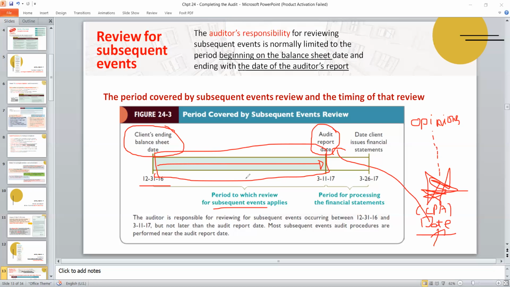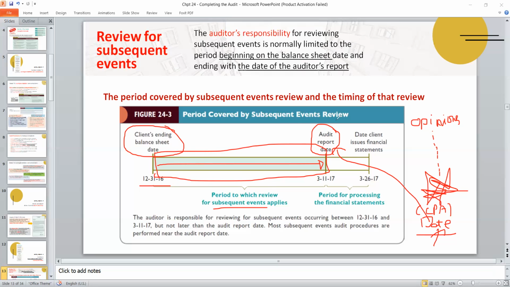It is kind of the same as contingent liability, but contingent liability only focuses on liabilities, the negative things. But for subsequent events, all of them, including positive news like a merger, an acquisition, or maybe a significant increase in the stock market.